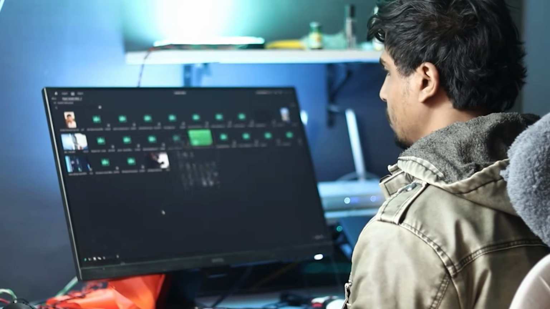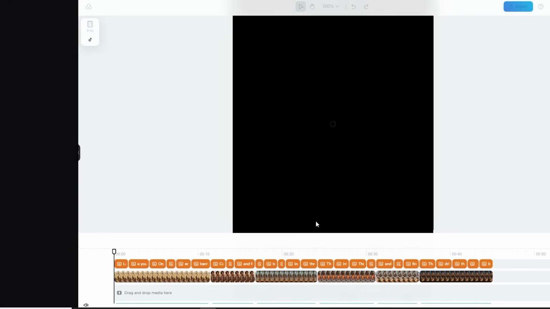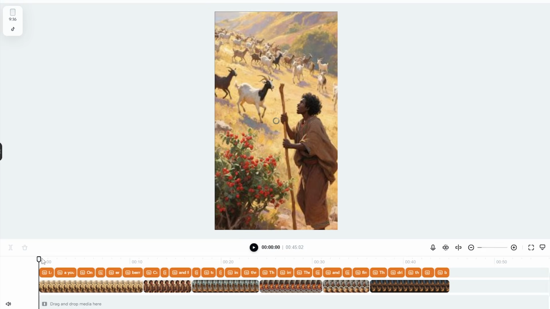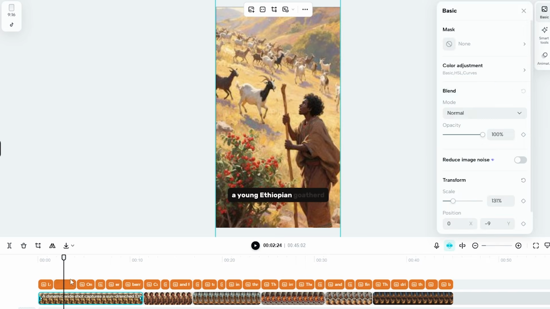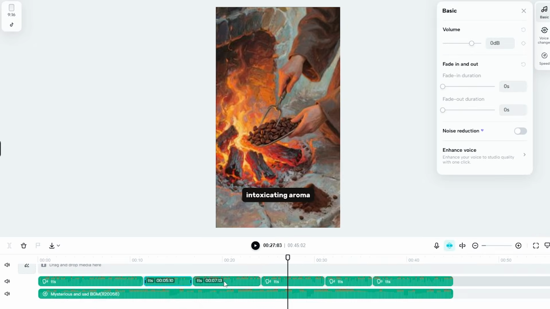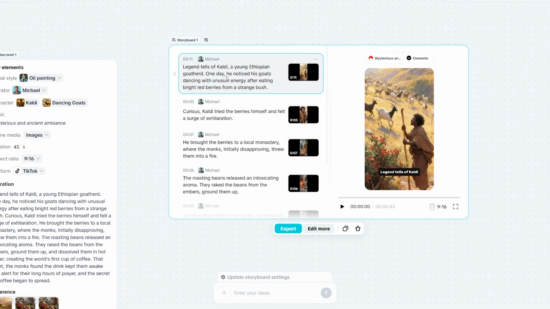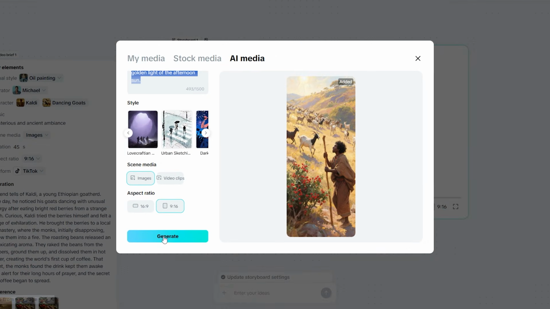This tool is built for both beginners and pros. You get 2 layers of control: visual editing through the interface and language-based editing through simple commands. With the visual controls, you can add, delete, trim, and rearrange shots on the timeline. You can select any shot or voice line and regenerate just that part using a quick prompt instead of rebuilding